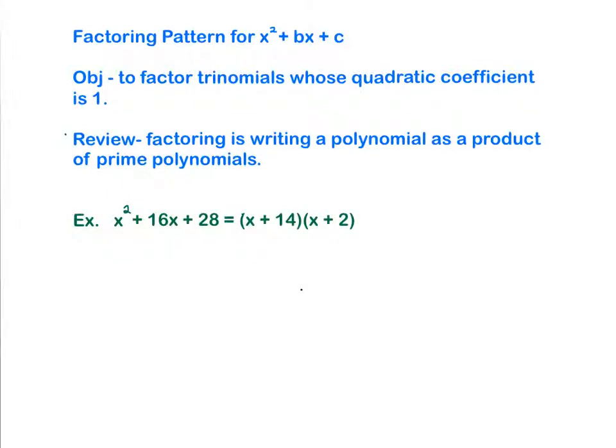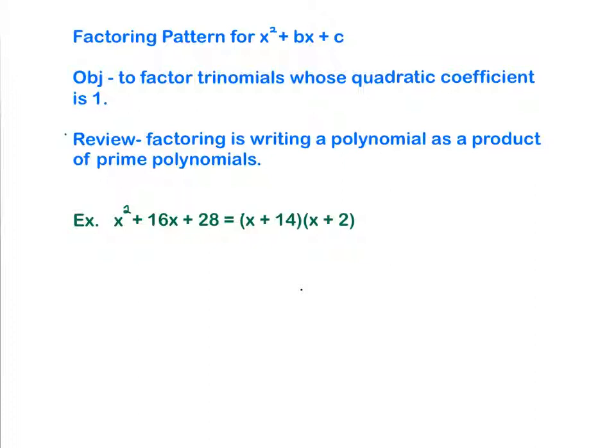This lesson is on factoring trinomials of the form x squared plus bx plus c. So we will be factoring only those trinomials that have a quadratic coefficient of 1, meaning you'll have just a plain x squared or y squared, but you won't have like 3x squared, 4x squared as your first term. Okay. First of all, to start off, when we're factoring, factoring is writing a polynomial as a product of prime